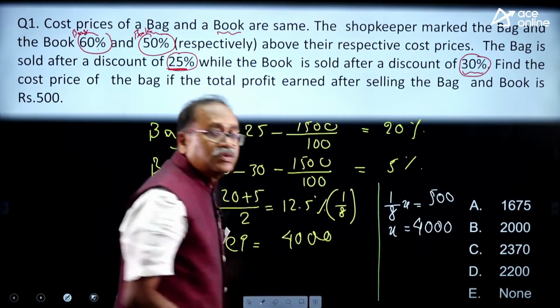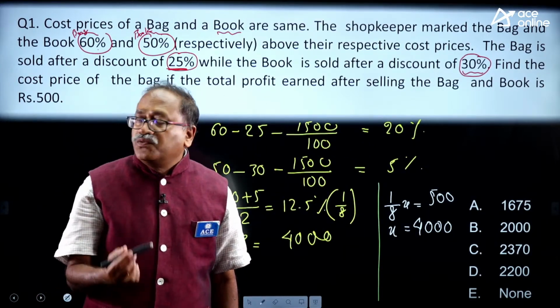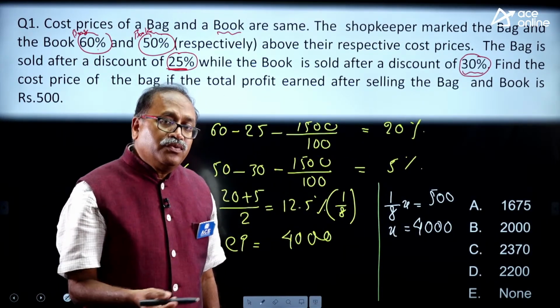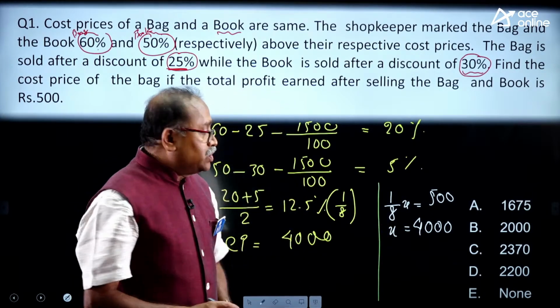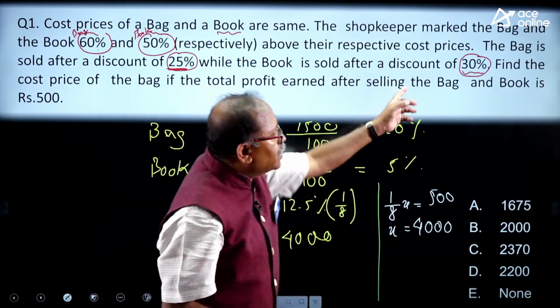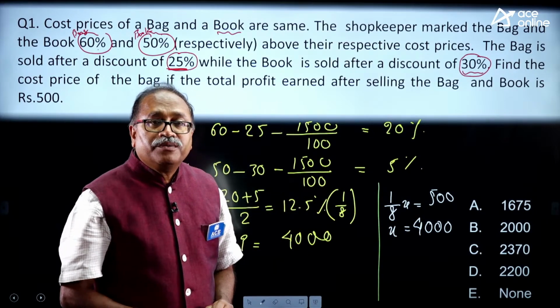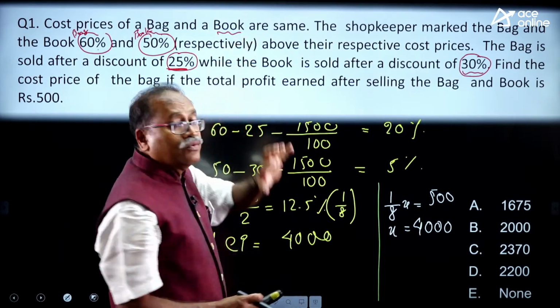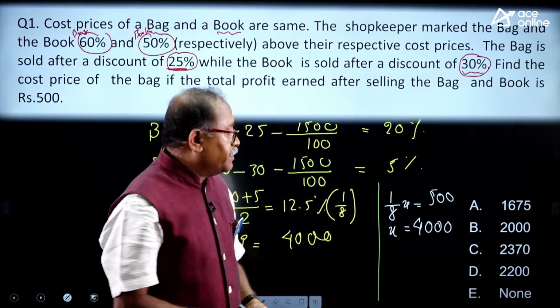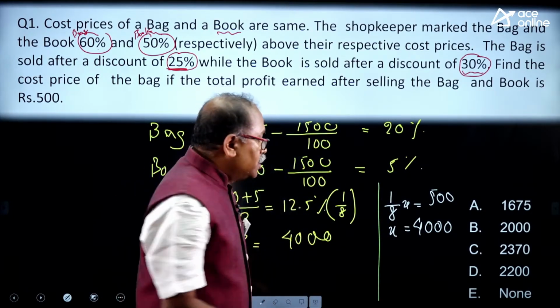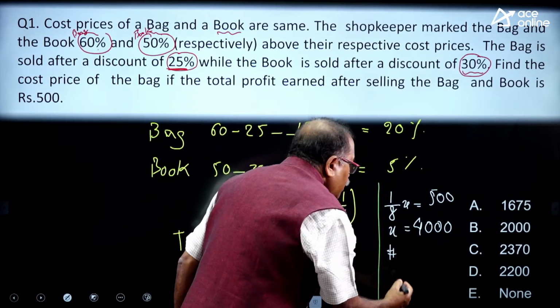Is 4,000 my answer? No, 4,000 is not my answer, because it's the total cost price. So the cost price of the bag will be half of it. As I am asked to find the cost price of the bag, I will take half of it. So my required number will be,